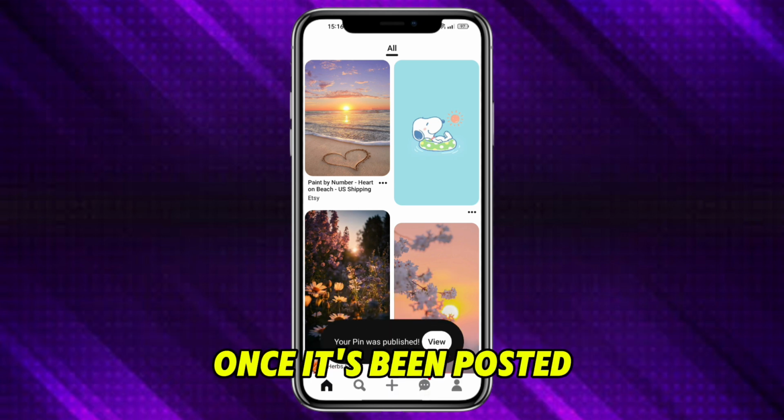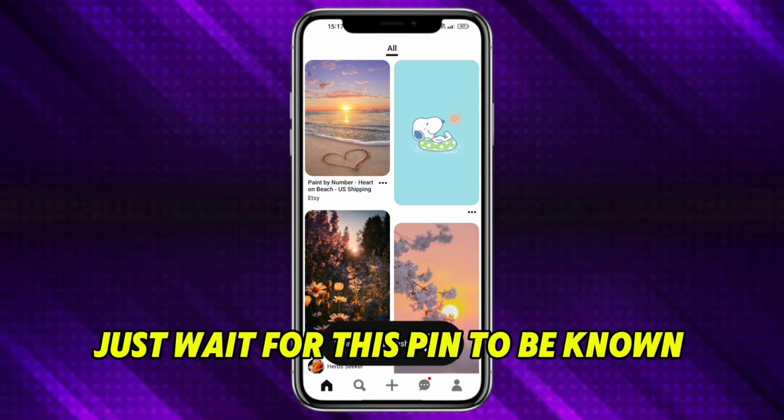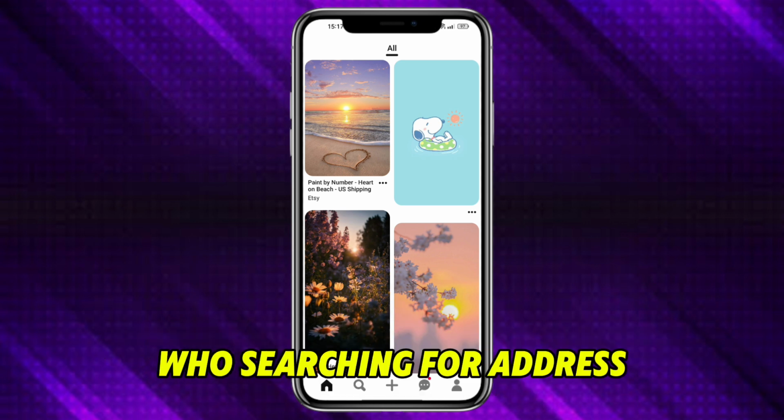Once it's been posted, just wait for this pin to be found by other people who are searching for a dress. So that's the whole